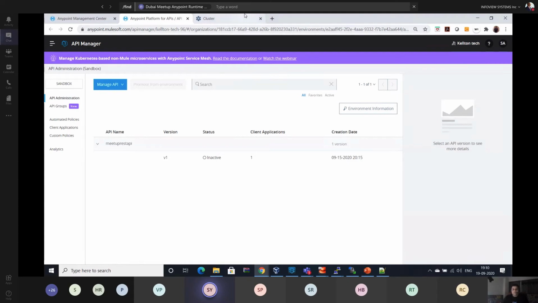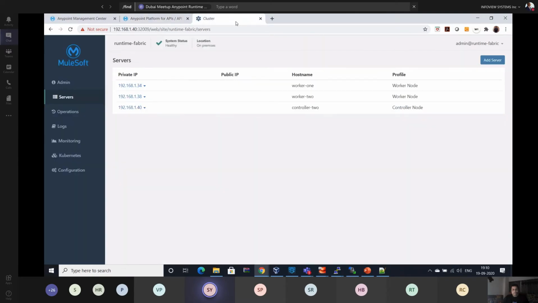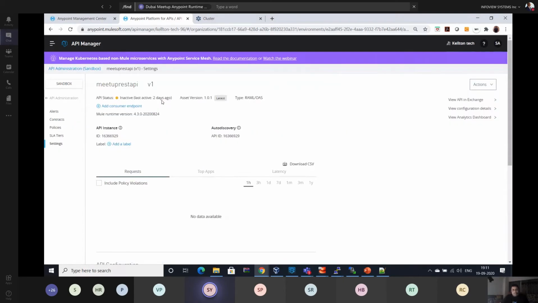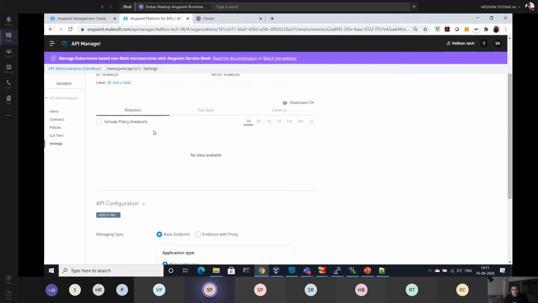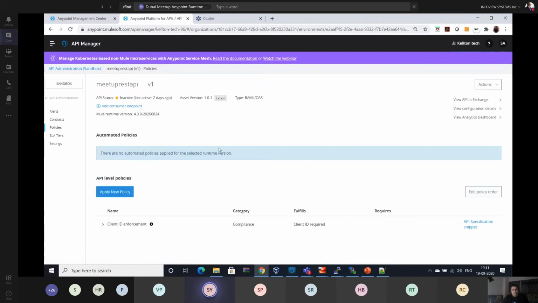And will the policies get applied in that case? Yes, applied. Okay. So the agent of the Runtime Fabric is embedding the policies, just like a local Mule runtime. That is one key advantage with RTF, compared with using Kubernetes without RTF. Right. Yeah. Okay.